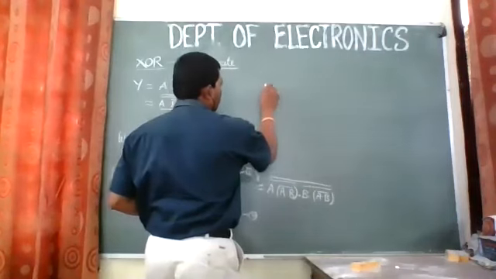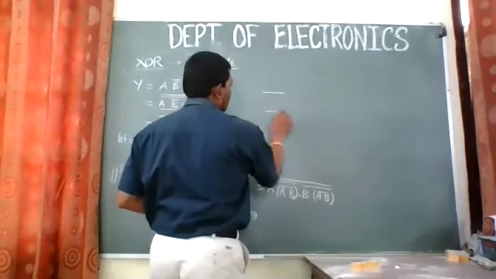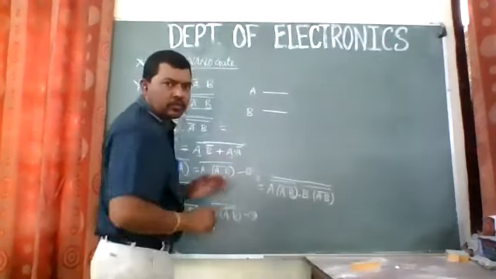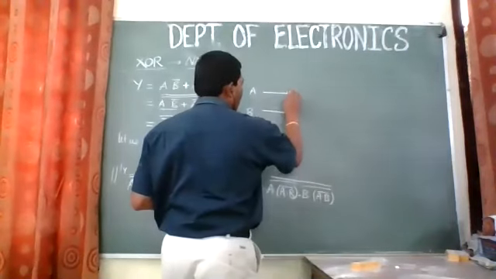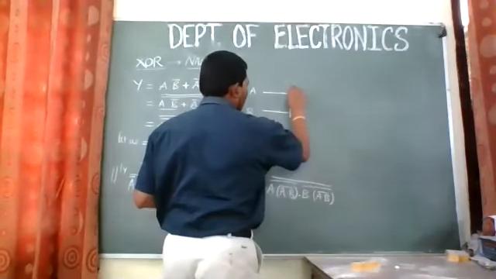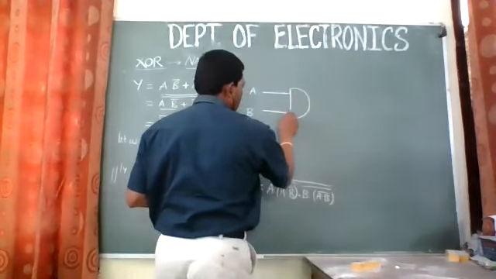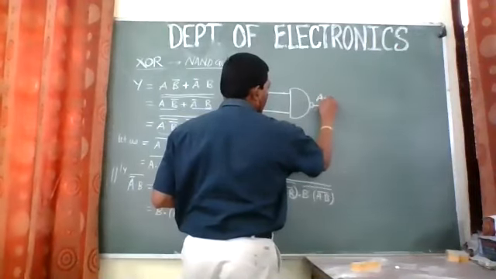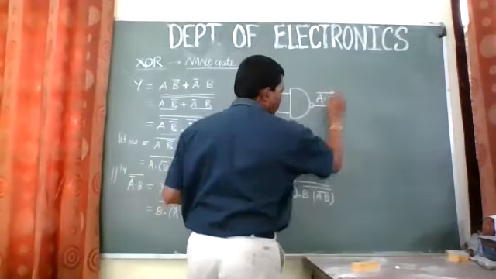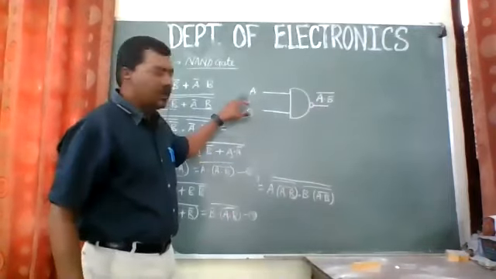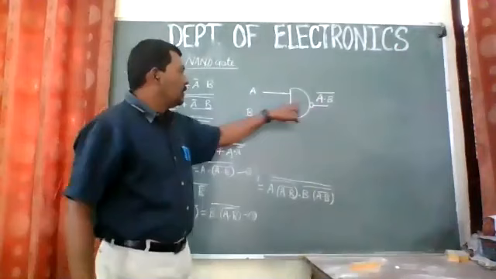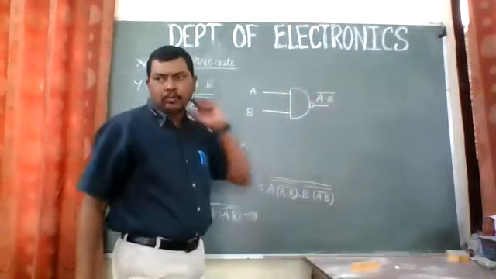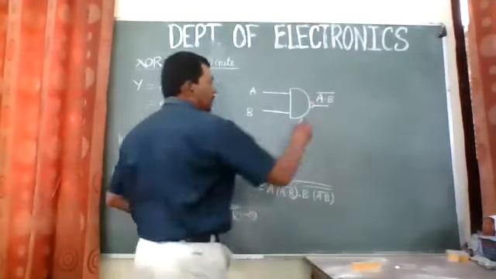So we have two variables like this, A and B, A and B. We'll try to write a little bit smaller also. So we'll NAND this, so we'll have all four variables like this. If you NAND this, you'll get A dot B whole complement. Here we get A and B, two variables, and after NANDing, we get A dot B whole complement. This is the first equation that we derived.